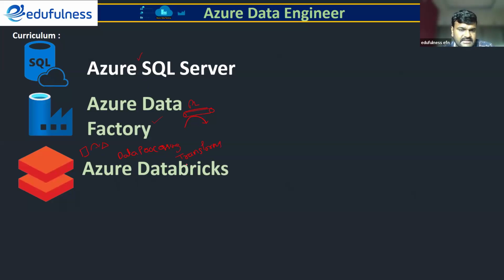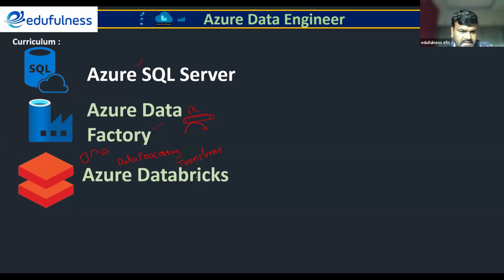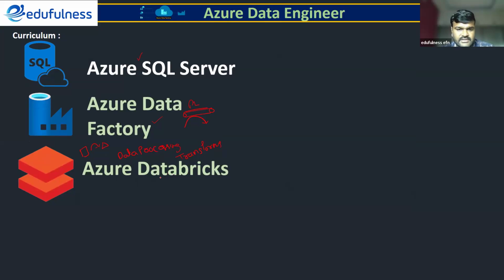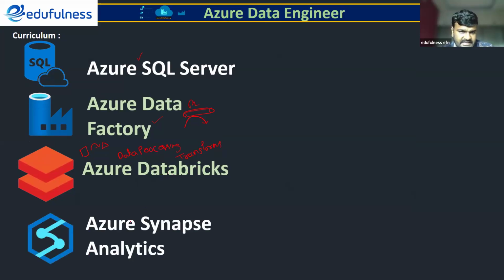Because parallel processing is there inside, and at the same time we are going to have in-memory computation and scale-in, scale-out options. So it will automatically increase the number of resources to process your data or decrease the number of resources based on the amount of data you have. Whenever you have a huge amount of data, it's going to work in a fully automated manner. Okay. So that is what Azure Databricks and Synapse Analytics are.